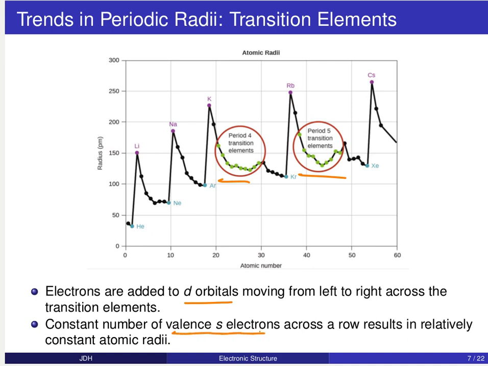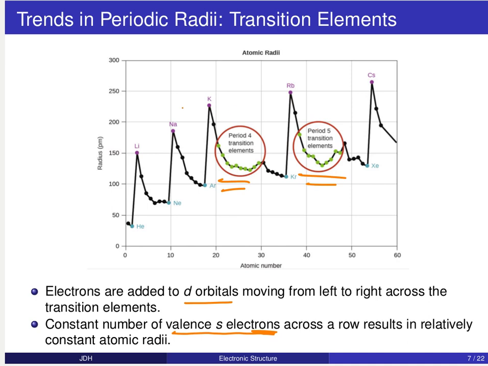As a result, the atomic radius doesn't change substantially. Remember that there is a mismatch in the ordering: the underlying s orbital is lower in energy than the d, so the d orbitals are lagging behind by 1 quantum number. Our outermost s, the largest principal quantum number s, is constant,